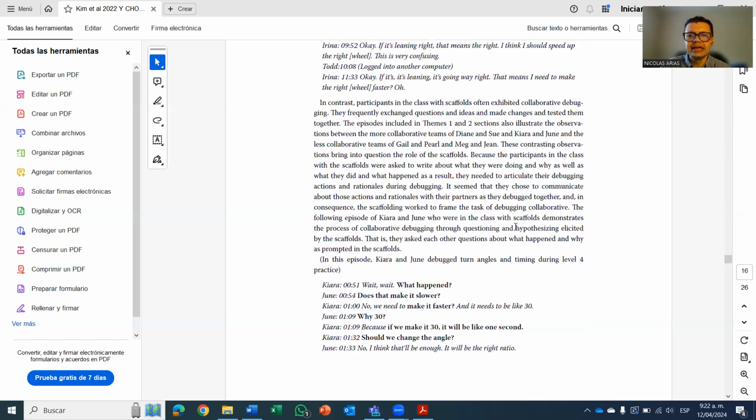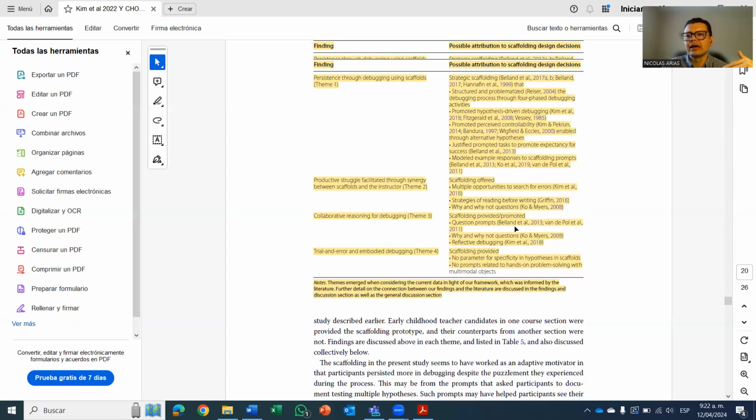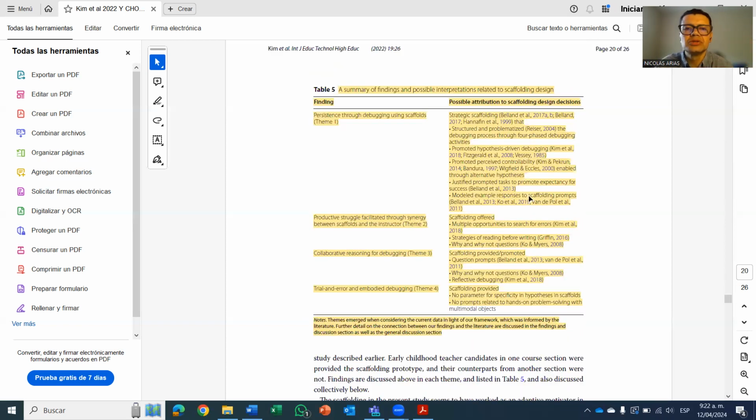This process allows them at the end to present that summary table of findings. They showed it in many parts with many different verbatim excerpts, but here they make a summary, and this summary says